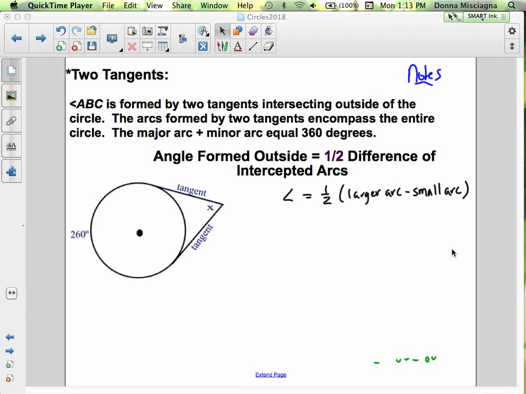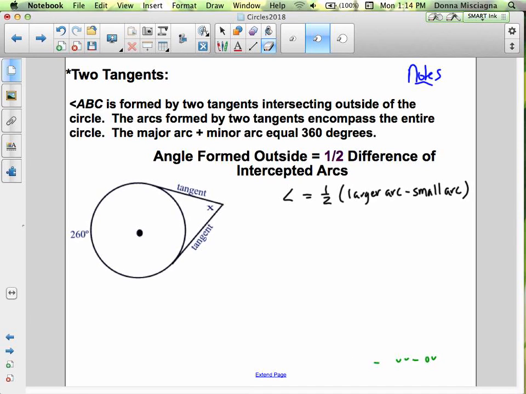We have angle ABC formed by two tangents intersecting outside a circle. The major arcs formed by the two tangents encompass the entire circle. The major arc plus the minor arc equals 360 degrees. And that will always be true when the angle is created by two tangents, because they only touch the circle one time. They intersect in one place. But regardless of whether it's two tangents, a tangent and a secant, or two secants, we're going to